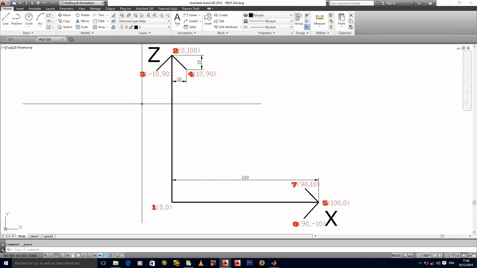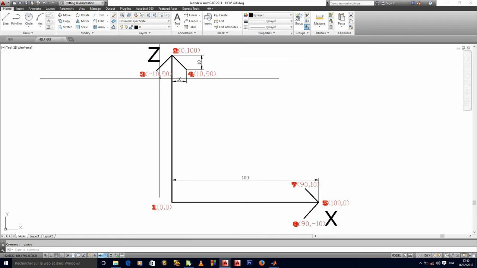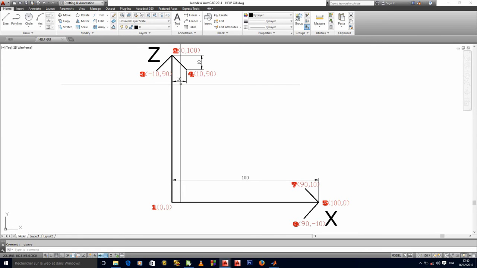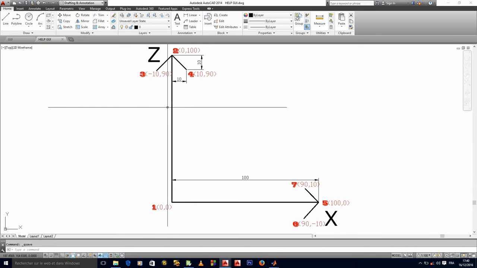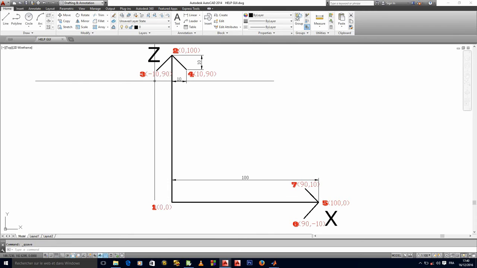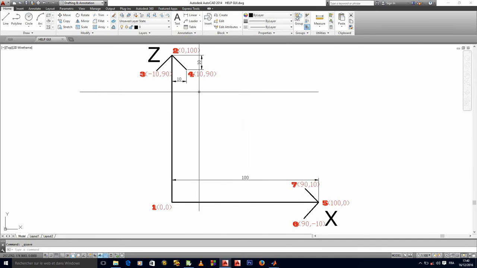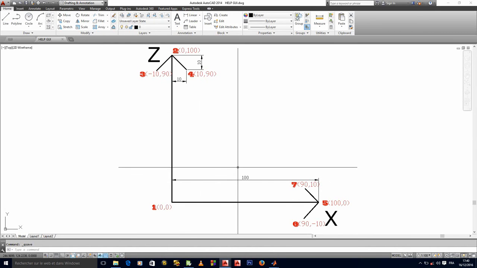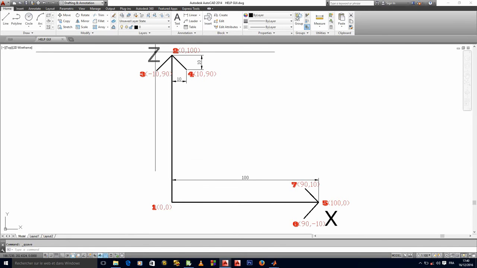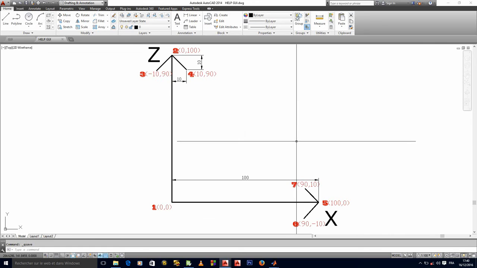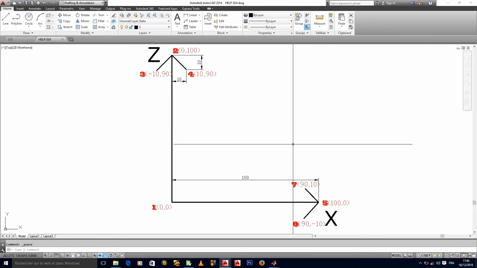And point 3 here will be minus 10, 90, because here is a symmetric arrow, okay? If the distance here is 10, it means that the distance here is 10. Since here is the 0 for X, if we go this way, we'll have minus 10 here, and then 10 the other way, 90. So the same principle applies everywhere. To draw this, I will not go by the line function. I will also have to represent the text, so I will just go by the patch.